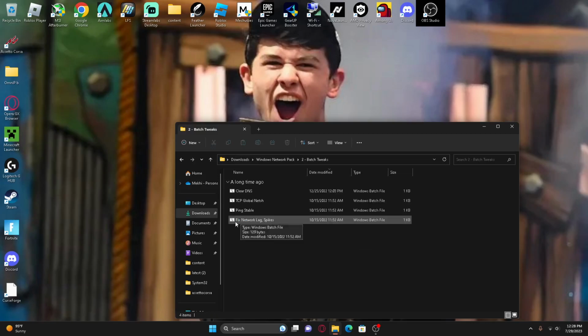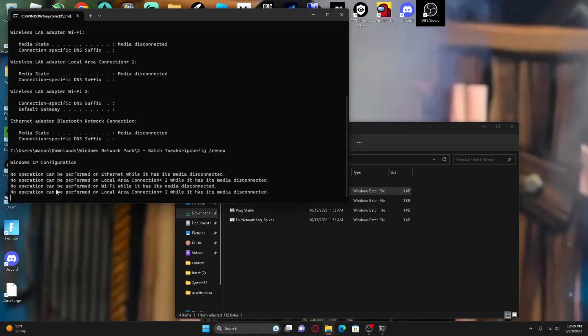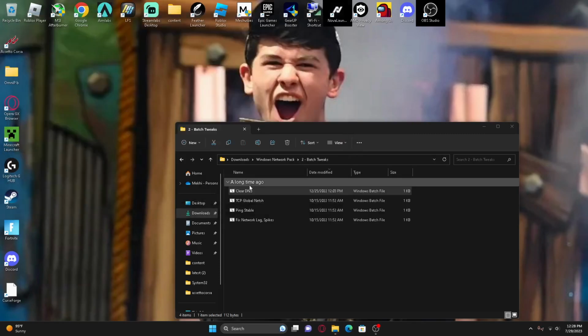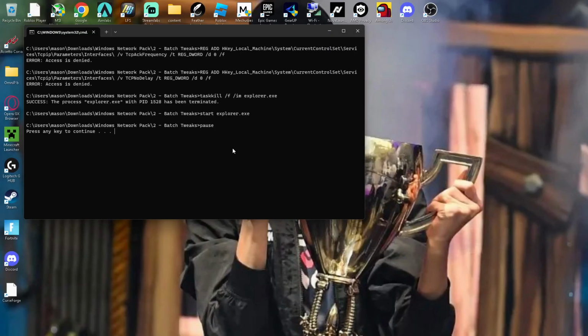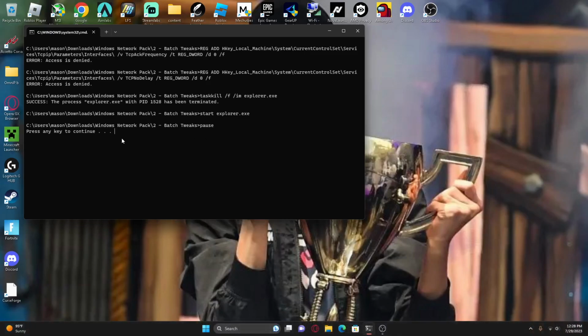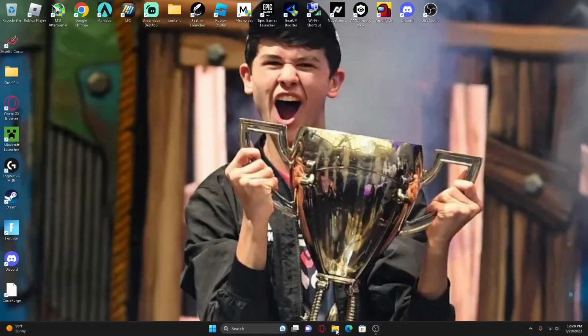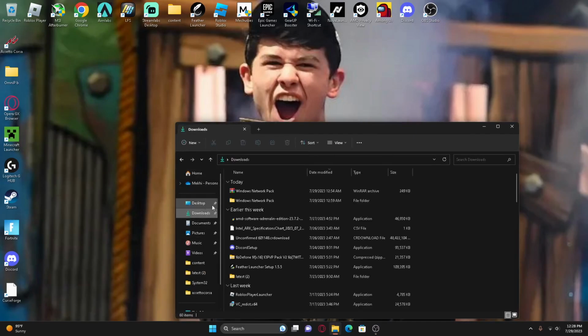So you would go to batch tweaks. You're gonna just click on all of these. Clear DNS. No, see, I don't have Ethernet, so that's why. And then this. It's okay if it flashes, that means it worked. So don't worry about it. Click any key to continue. That should be done. I don't know why I closed that, but